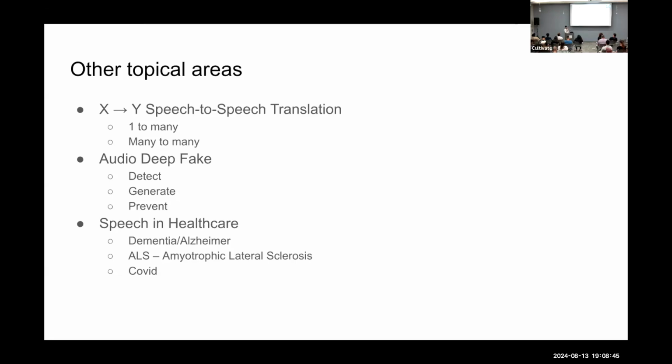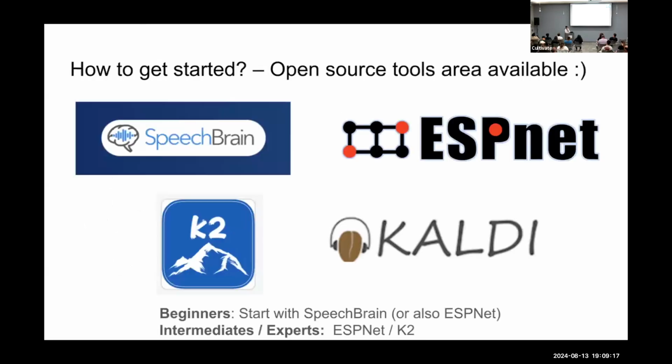And of course, with ALS, people lose their voices. So how do you help them gain their voices again? You record their voice a bit, and then whenever they try to speak, you take the current voice as an input, refine it, and make it a better sounding voice. ALS is also one of the deadliest diseases. And of course, COVID, people have been putting out research papers with COVID as a speech research topic.